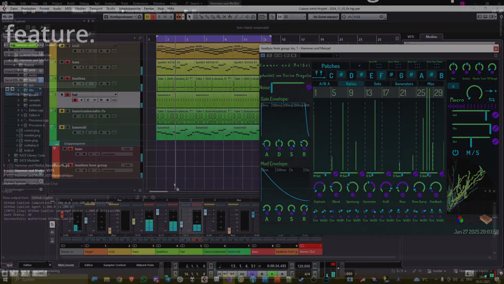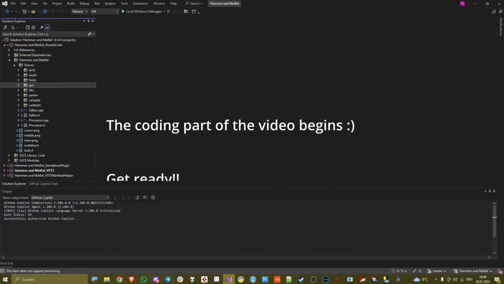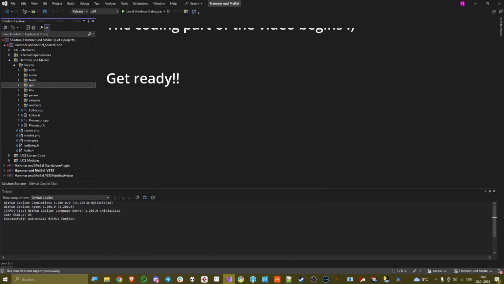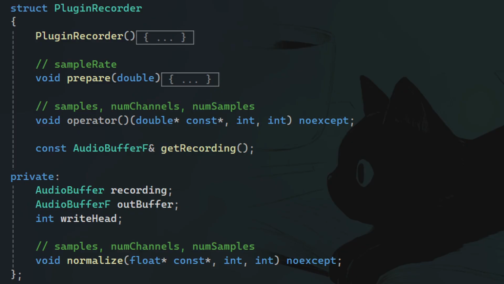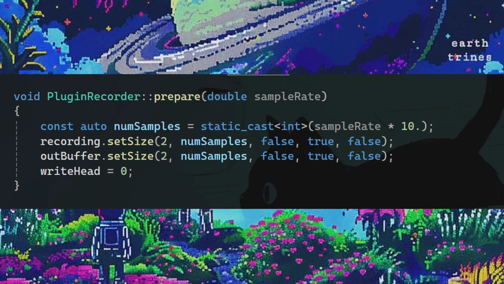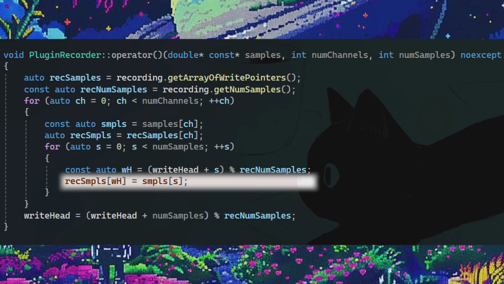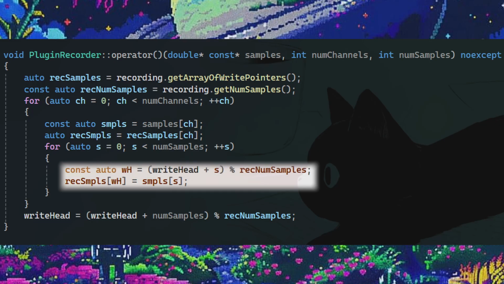We first need to write a class for our plugin processor that just records onto an audio buffer continuously, so that we can read it out later when the drag and drop action begins. I called it PluginRecorder. It has two audio buffers and an integer as writehead. You can make the buffers 10 seconds long in prepareToPlay. In the processing function, you just copy the input samples into your recording buffer. I'm wrapping the writehead index around the recording buffer's number of samples because those are the 10 seconds of capacity